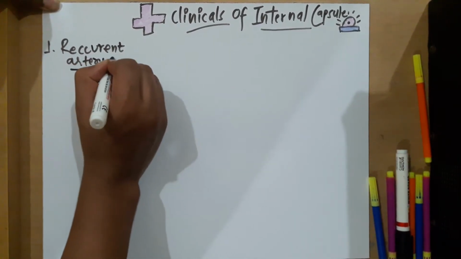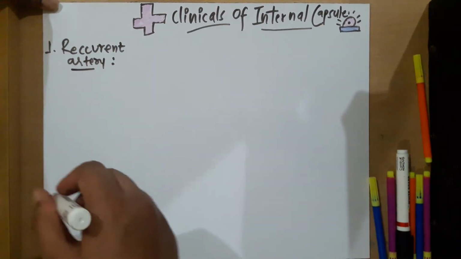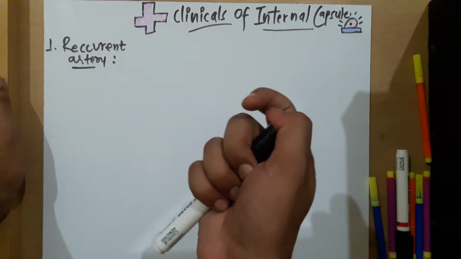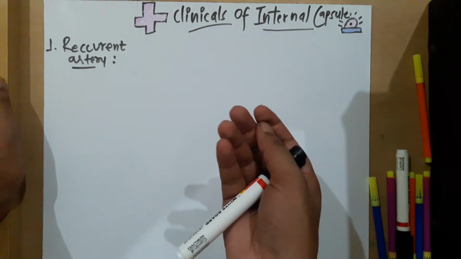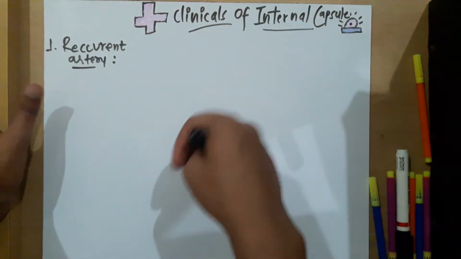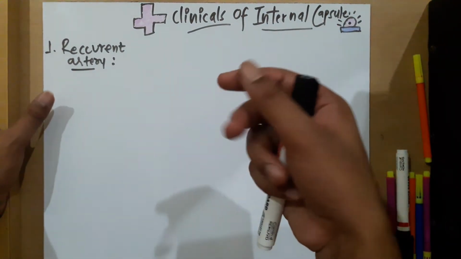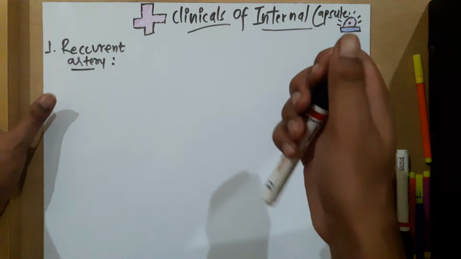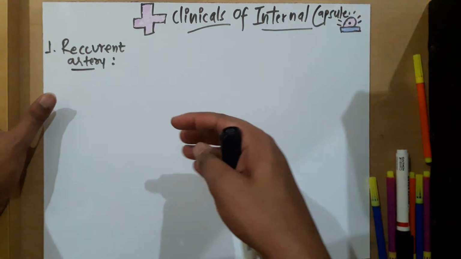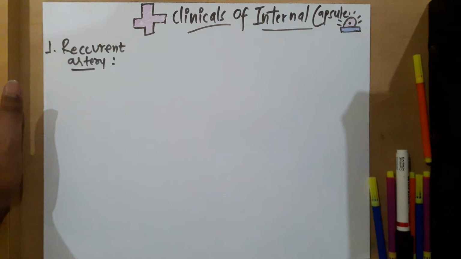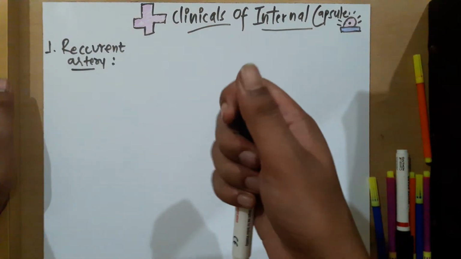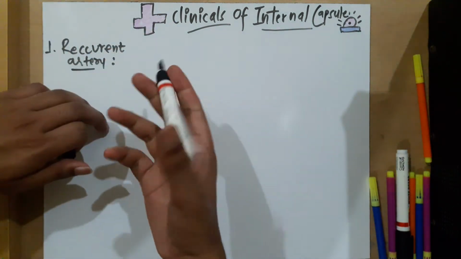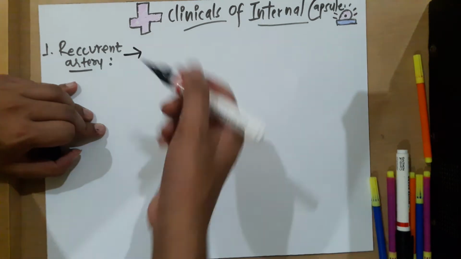Damage to the recurrent artery. What can cause damage or blockage of the recurrent artery or any artery? Majorly there can be a rupture of the artery, to halt the blood supply. Either there should be a rupture of the artery or thrombosis. Yes or no? These are the causes that will halt the blood supply, and this applies to other arteries also.